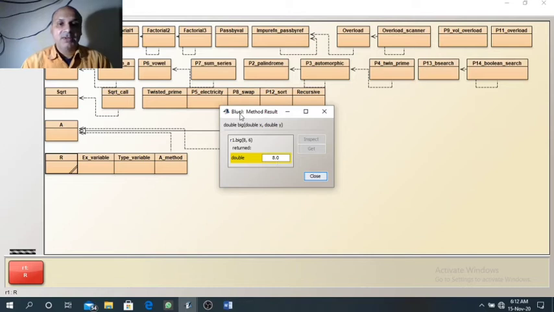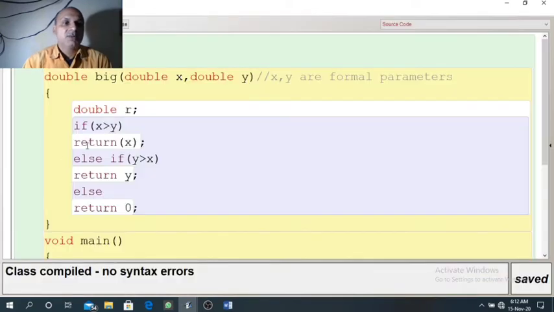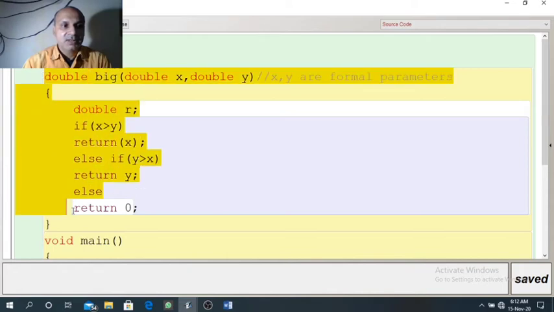And here the result will not be shown in the terminal window because it is a return type function. See once more this class. Here we are not using void. This function is return type. So whenever we execute the method, the result will not be shown in the terminal window. Instead, it will be shown in a box.